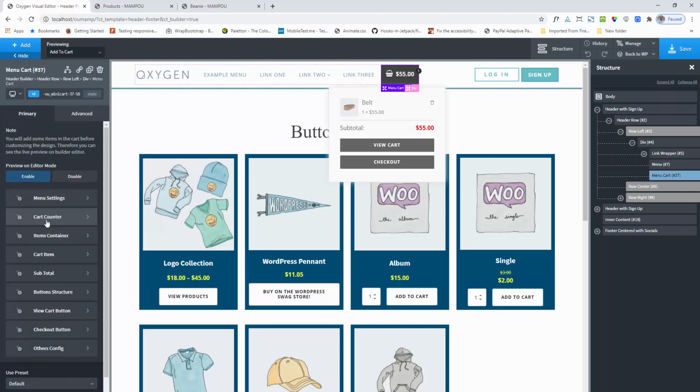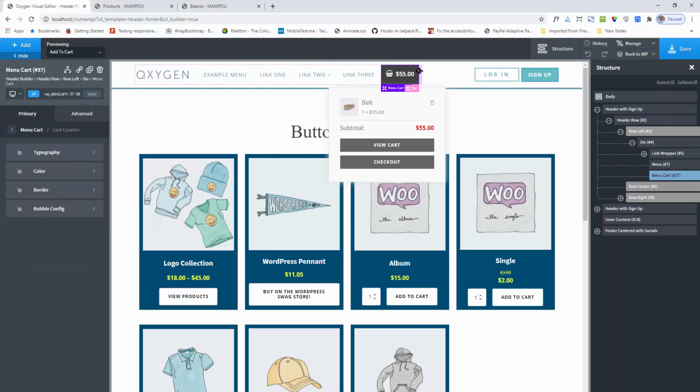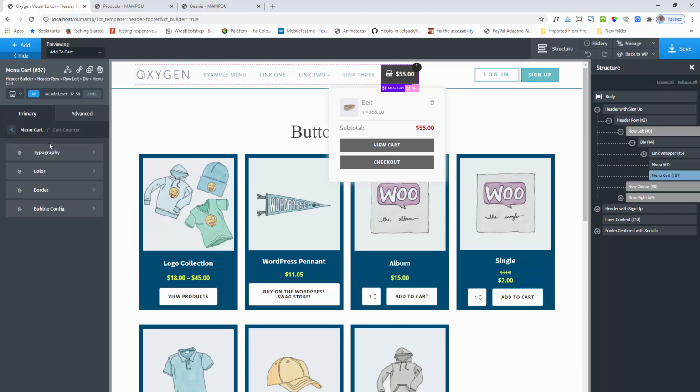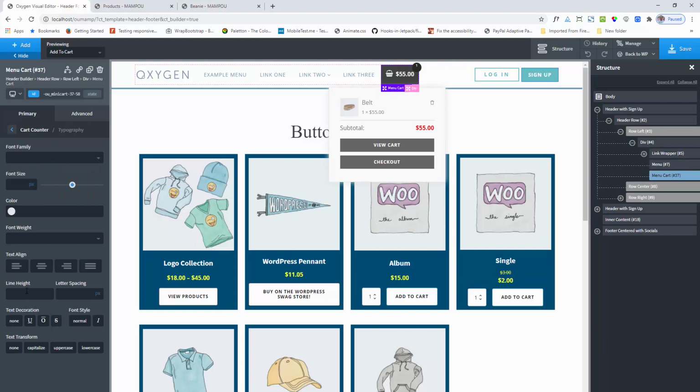Okay, next is cart counter. Cart counter means this bubble and cart number. You can change the bubble position, like top, you can see that it is changing. Okay, you can change the width and height. Okay, next you center align. So I am center aligning the text